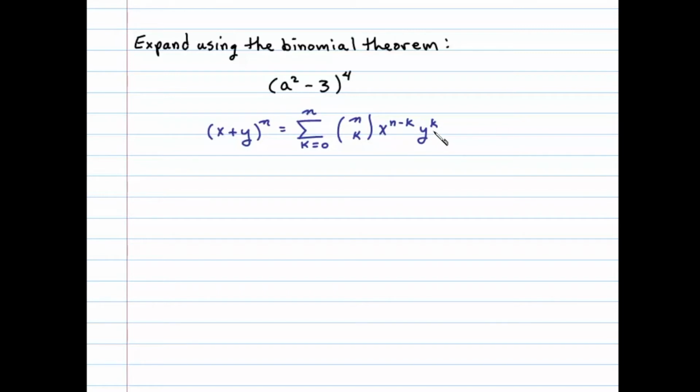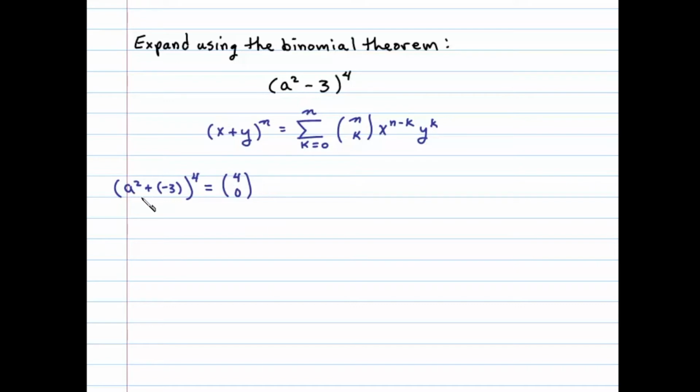And so in this case, a squared will be equal to x in the theorem. And negative 3 will be equal to y in the theorem. And of course, n is 4. And so using the binomial theorem, the first term will be equal to 4 choose 0, and that's where n is 4 and k is 0, times x to